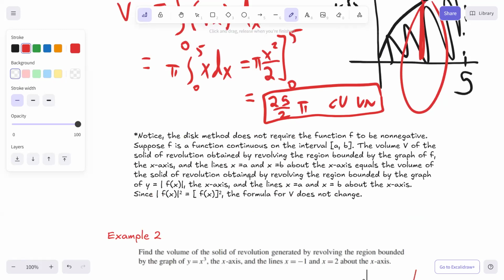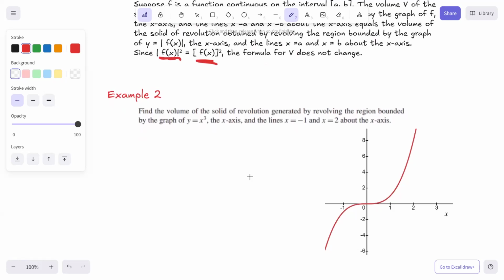So if the function is continuous on the interval a to b, the volume of the solid of revolution obtained by revolving the region bounded by the graph of f, the x-axis, and the lines a and b about the x-axis equals the volume obtained by revolving the region of the graph of y equals the absolute value of f(x). And since the absolute value of f of x squared is the same as f of x squared, the volume formula does not change. And the reason I bring that all up is because our next example